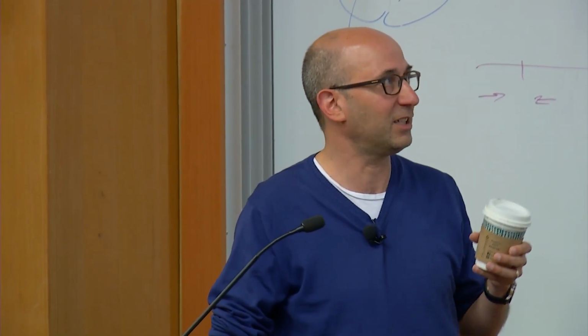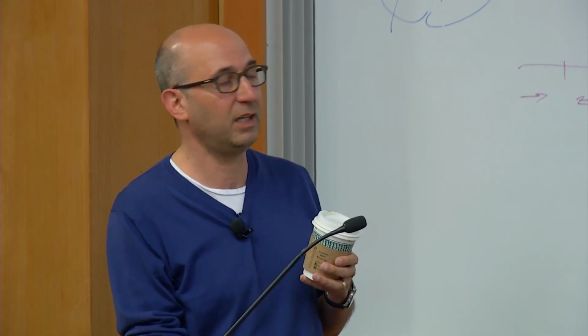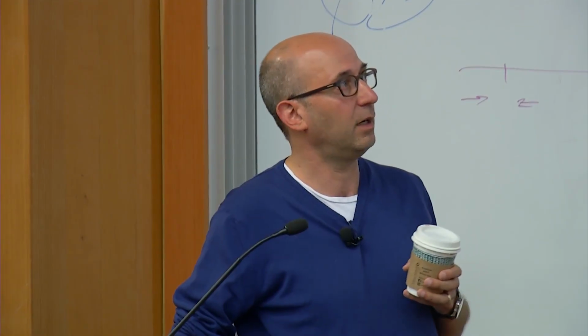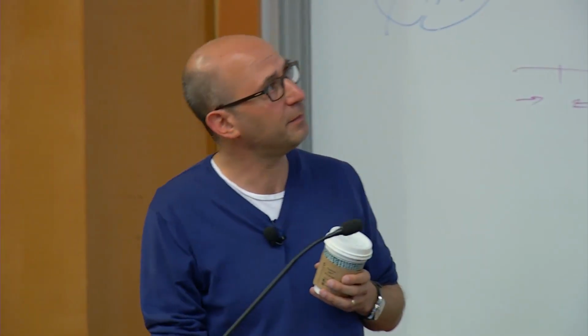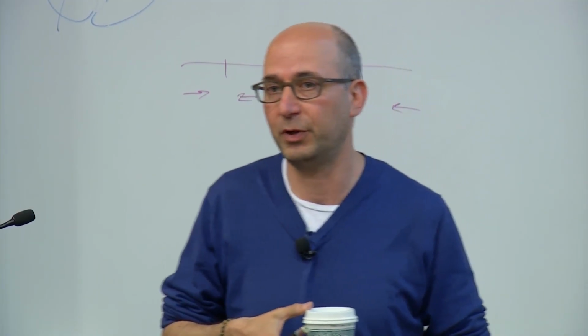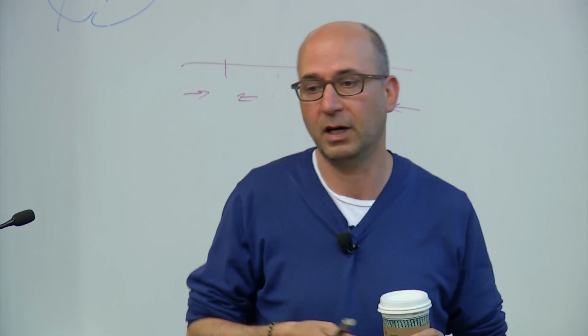And there's an argument, actually, for the MEK inhibitor, that the double treatment, rather than being more toxic, can actually avoid some of the toxicity and side effects of vemurafenib. So I think this is pretty much what I've said before, that the lesson in targeted therapy is we need to map out escape routes if we have a highly rapidly evolving pathogen like a cancer, or as I talked about, like HIV. We need to map out the escape routes and block those